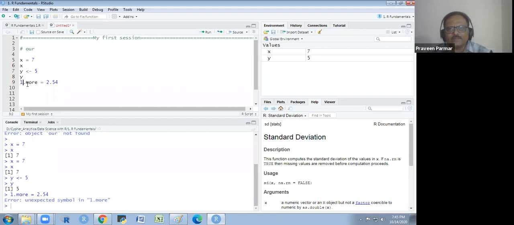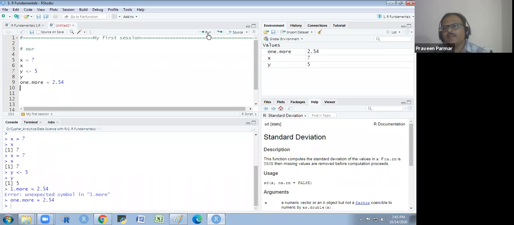If it is essential to write 1, write it in letter form, one. Now if I run, I get one.more is 2.54 in my global environment, with no error.